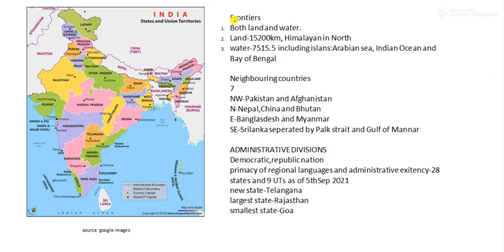Next, what are these frontiers? Frontiers means the boundaries, you can say. India has both water as well as land frontiers. Land is mainly in the Himalayas. The Himalayas act as a natural frontier in the north, and the water bodies are the Arabian Sea, Indian Ocean and